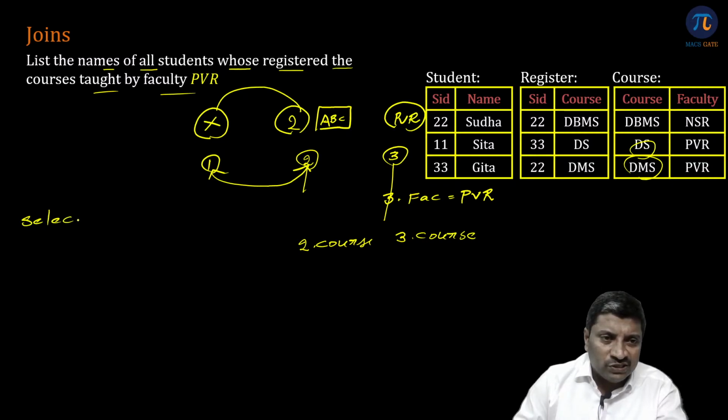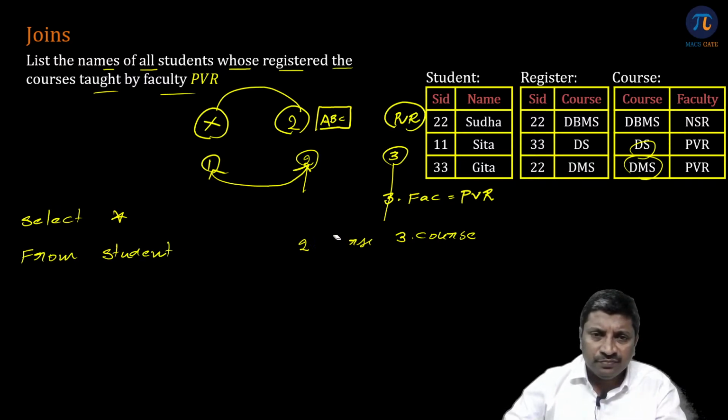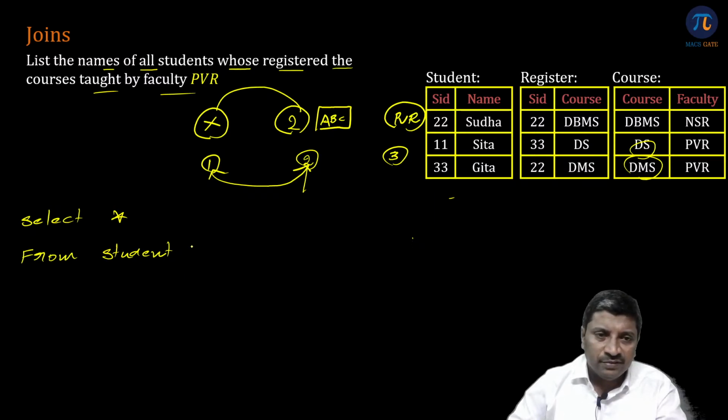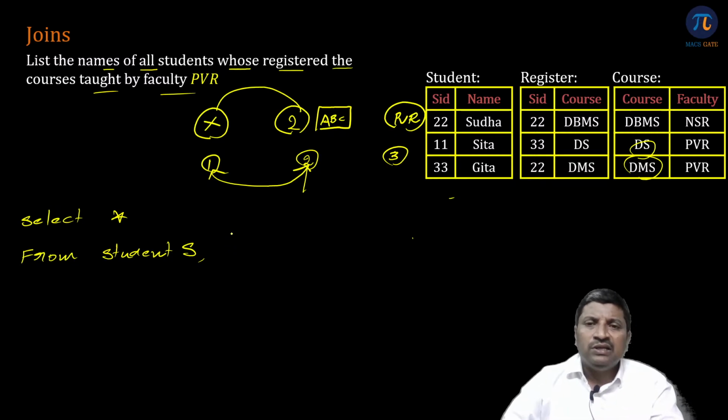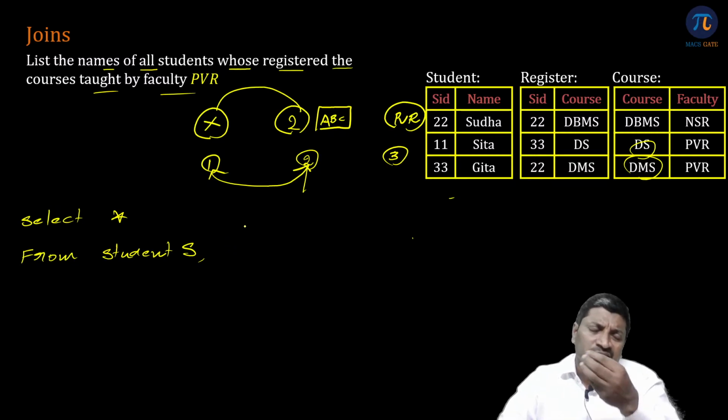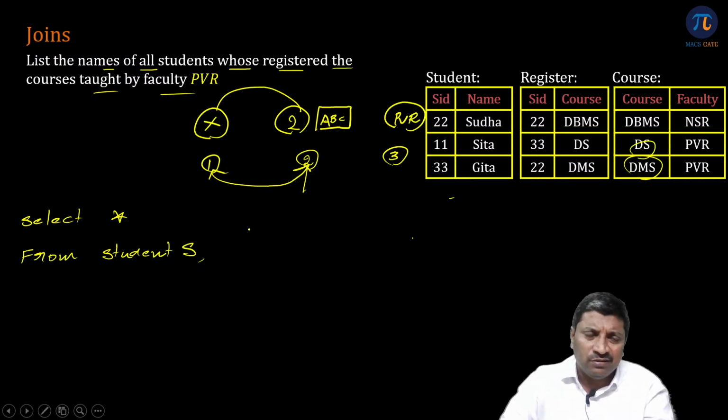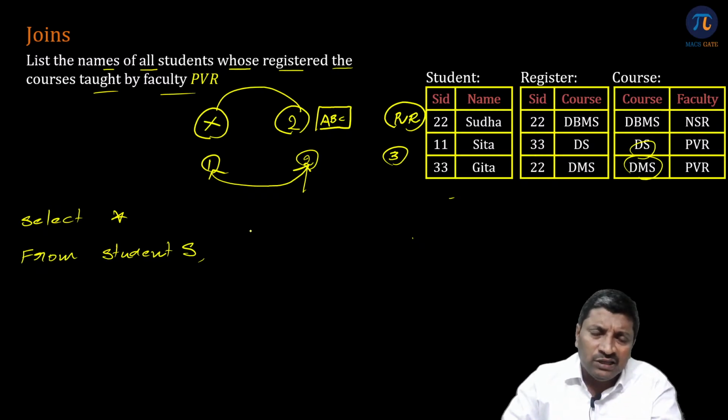Look at this. Select star. Instead of star, you can write names or whatever you want. Now you need the information from three tables: student S. If you want, you can apply joins, or you can specify the conditions explicitly. That depends on your choice. In the previous two examples, we used join. So for this example, let us write explicitly. So register